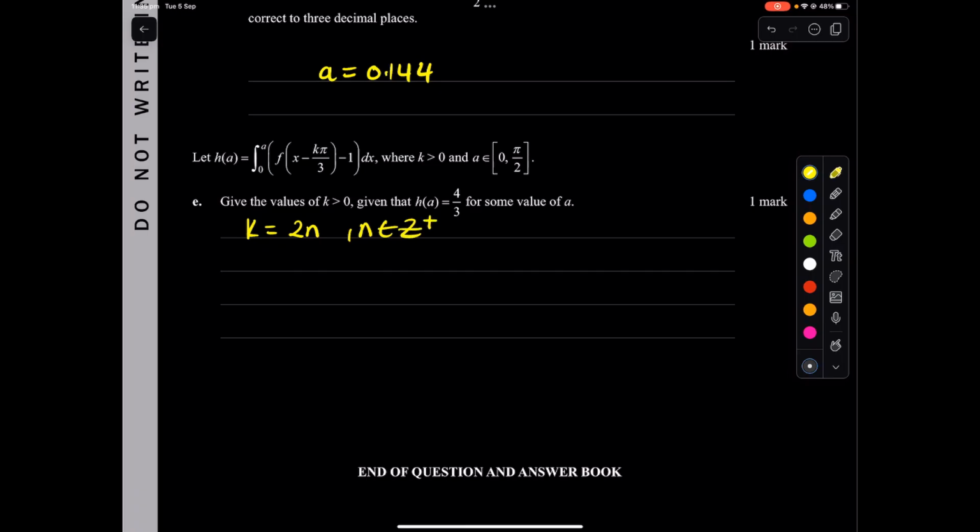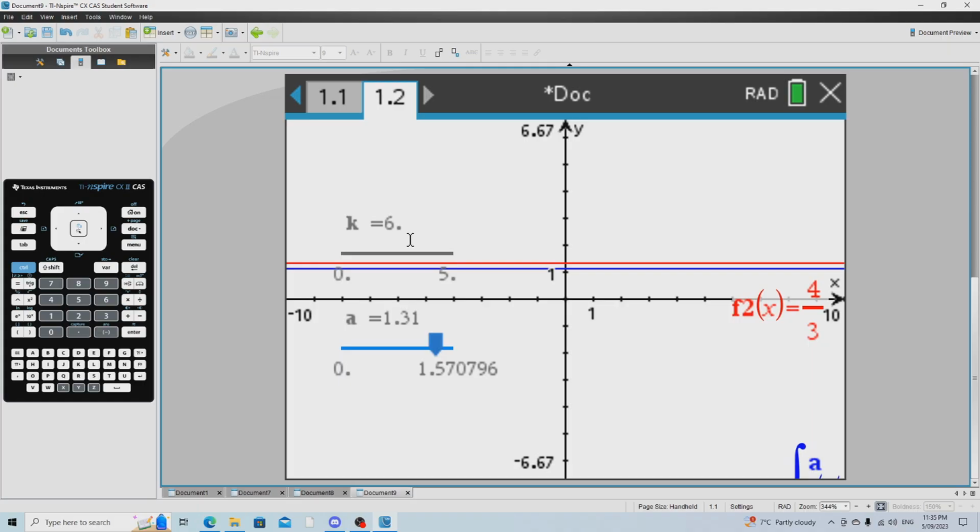Remember, we're only taking values of k that are greater than 0. So that could be useful. That's good. So we at least give the values of k greater than 0, given that h of a is 4 on 3 for some value of a. So we need an a value too. Well, what value does it reach when we go on top? Like 1.1, which is about half of pi. Let's say pi on 6. Oh no, pi on 3 actually. Pi on 3,